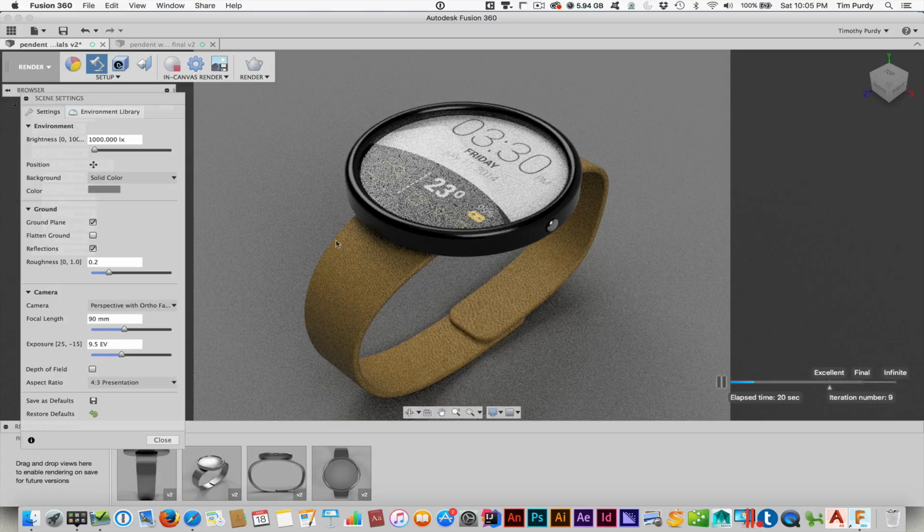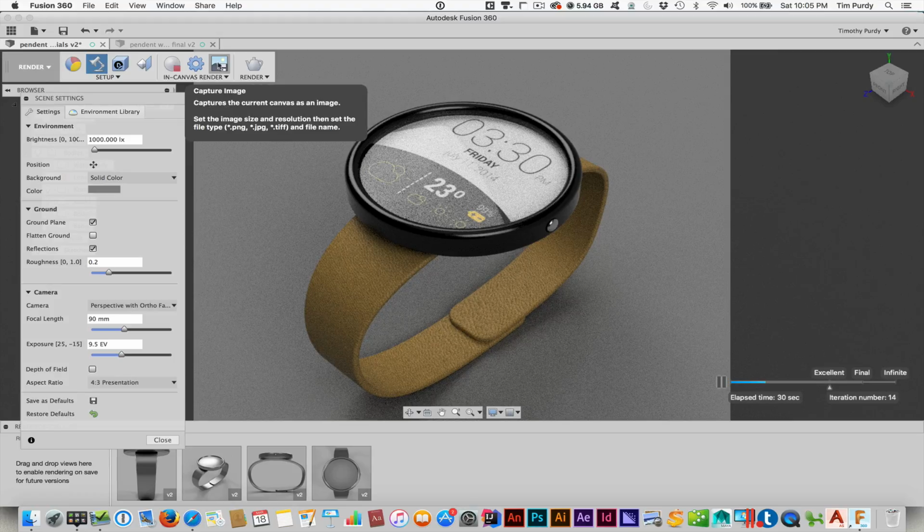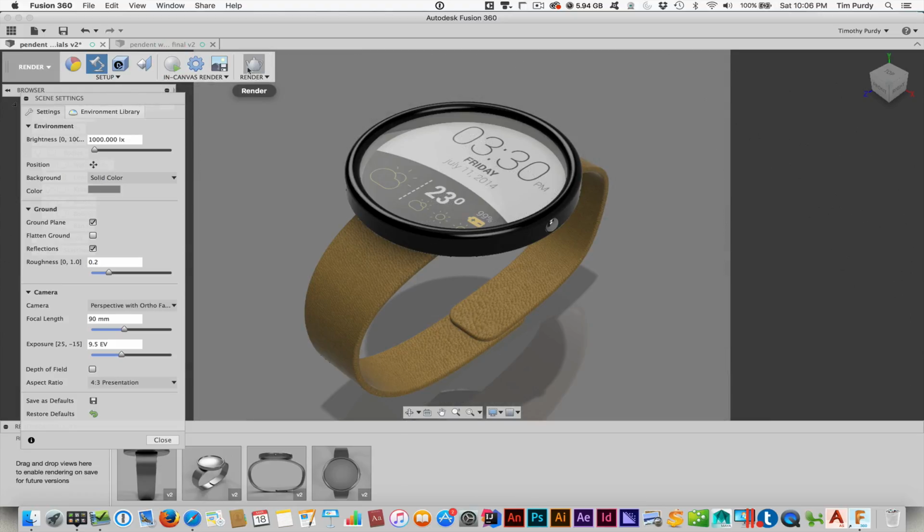Alright, so right now we've been doing this in-canvas rendering. You can let it get all the way over here to excellent, as long as you don't change anything or move it around, and then do a quick capture image if you wanted to do something like that. Okay, but typically what you really want to do, let me turn this off, is actually use this render option